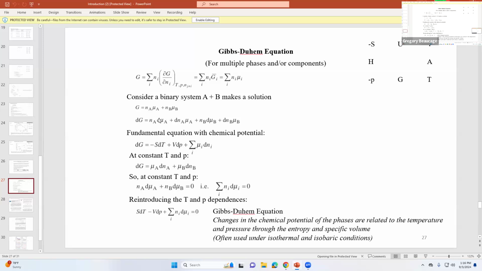That means that the N_A dmu_A plus N_B dmu_B terms have to equal 0, just because of the way this works. If you say constant T and P, then this thing has to be 0. And then if you release the T and P constraint, then you just have that expression, which is this Gibbs-Duhem equation, which allows you to relate changes in the chemical potential to the pressure change in the system,